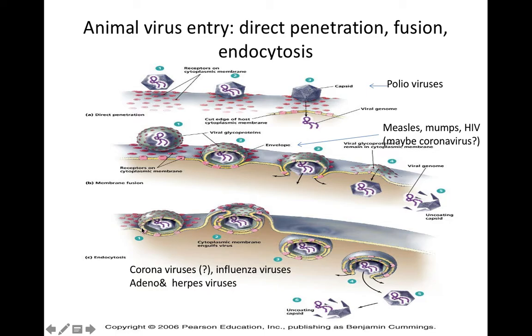So in this case, if this is the coronavirus or influenza virus or herpes viruses, this is the envelope with their receptors. They bind to the receptors on the host cell. And they kind of trick the host cell into thinking, oh, this is something good. And so the host cell has this invagination of the cell membrane right here. This is the process of endocytosis and brings the virus inside the cell in this endosome,